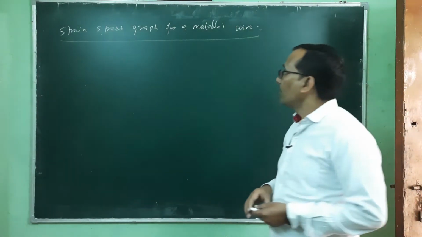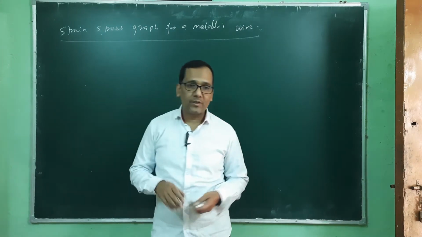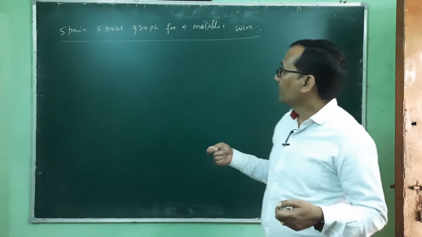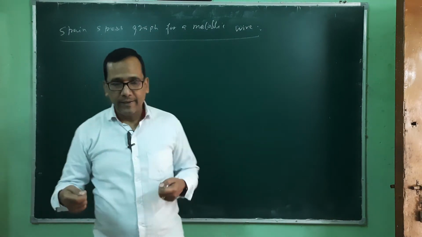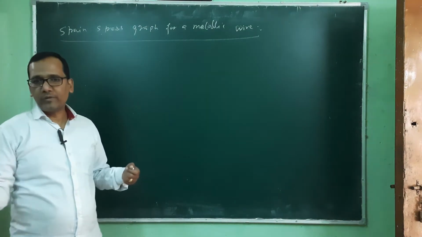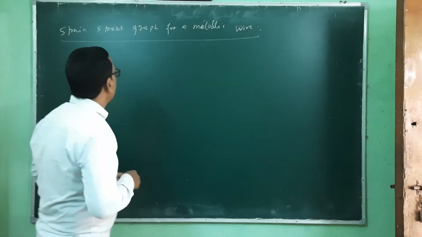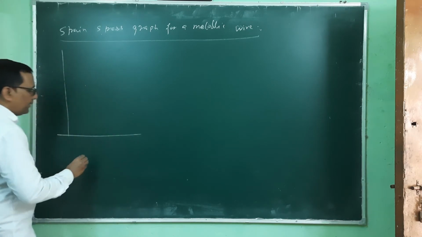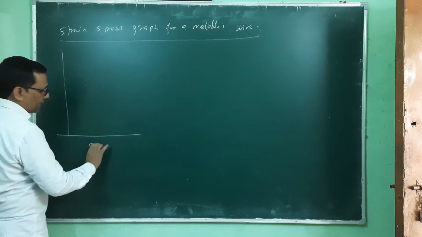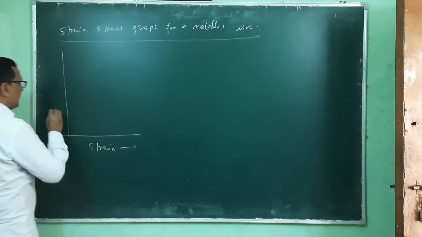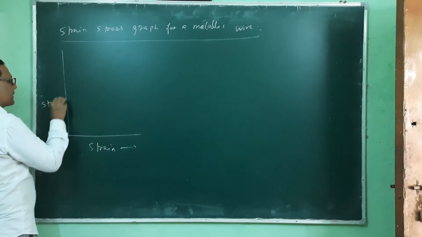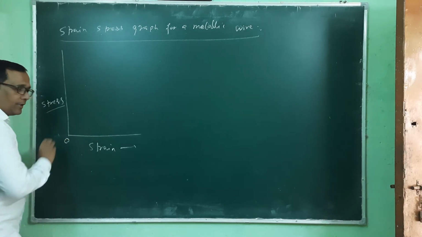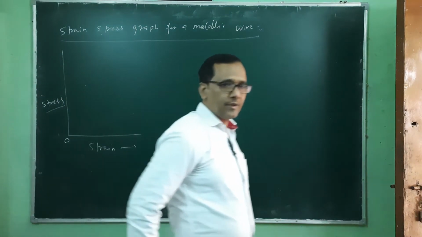You all know the behavior of a metallic wire. When we apply a deforming force and stretch it, its length increases, and the elastic behavior shows that when we remove the force, it will come back to its original size. This plot shows that behavior in detail. On the x-axis, let us represent strain, and on the y-axis stress. Initially it starts from zero: there is no force applied, no stress, no strain.